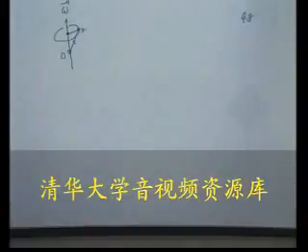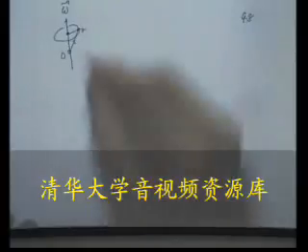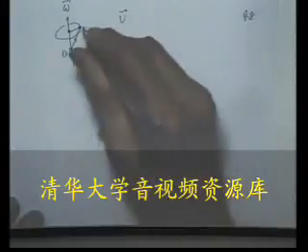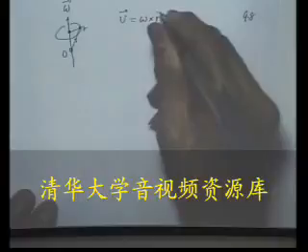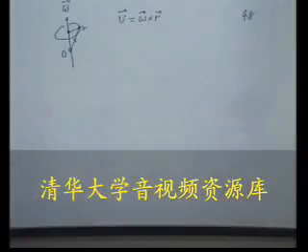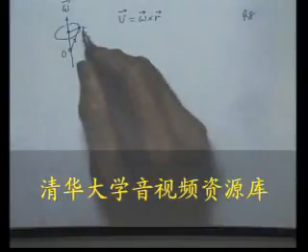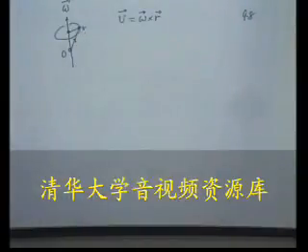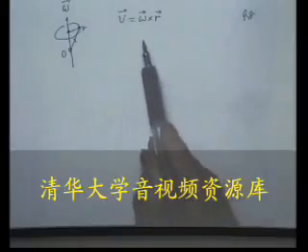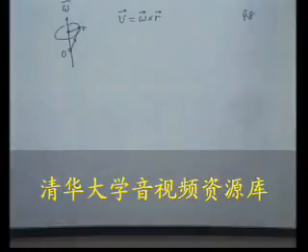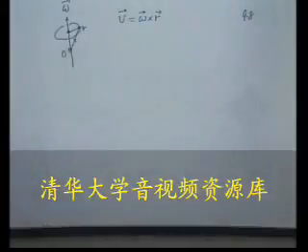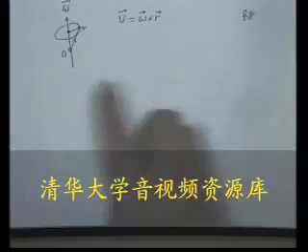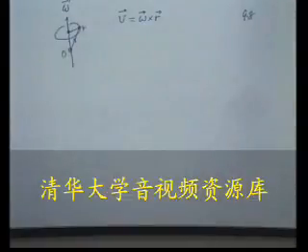What is the velocity of this point? I claim it is v = omega cross r, since the rigid body rotates. First, the direction. The direction of motion of this point is the tangent of that circle, and that's exactly the direction of omega cross r, because omega cross r is perpendicular to the omega-r plane, and therefore omega cross r is in the direction of the tangent to that circle, and that's of course the direction of